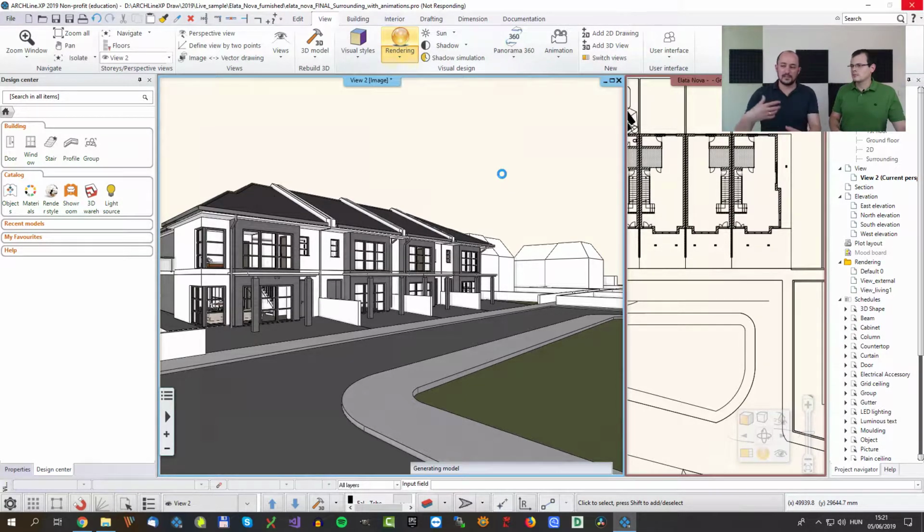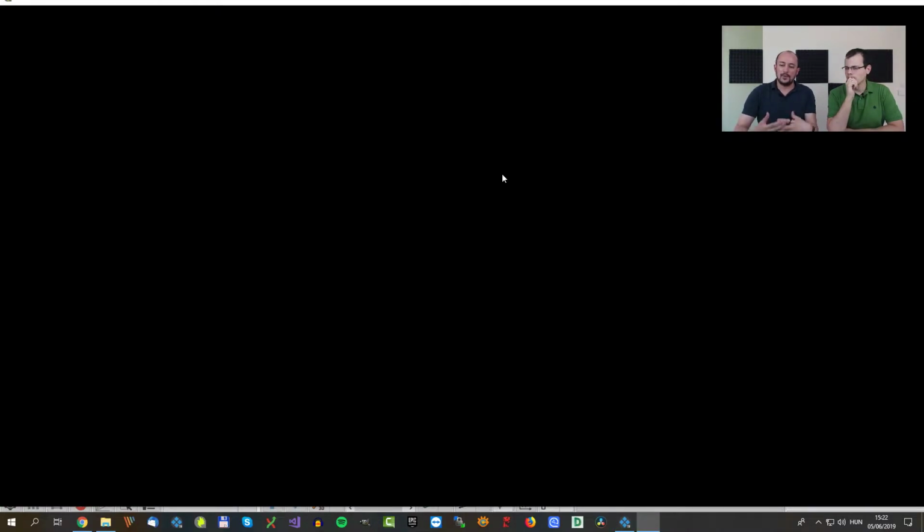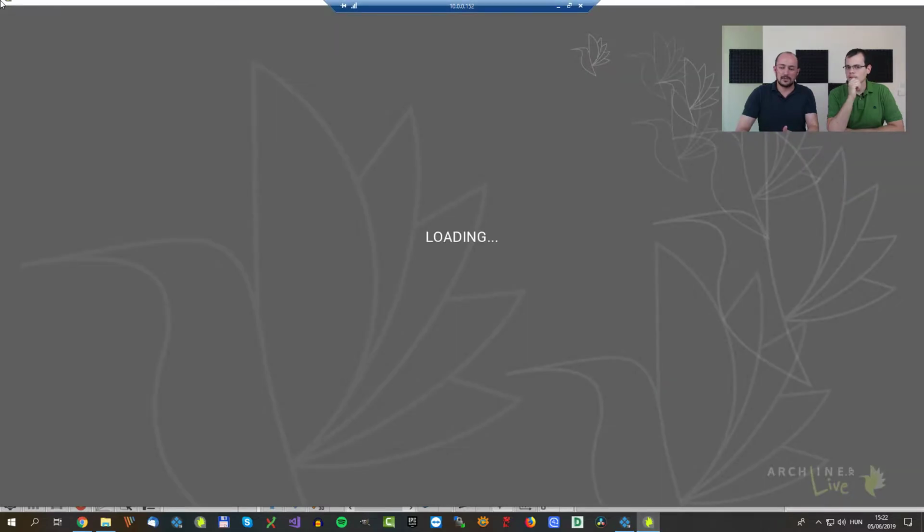This will be converted into live, and now live, it's a separately installed product. Now ARCHLine.XP live receives that data, and it opens up automatically, and it reads this model. It automatically tells me that it's actually loading this model. So it converts all those things into something that live can handle in real time. And you will see that whenever that's done, all the objects, all the lights, all the materials, even the sunlight and all the surrounding and the views